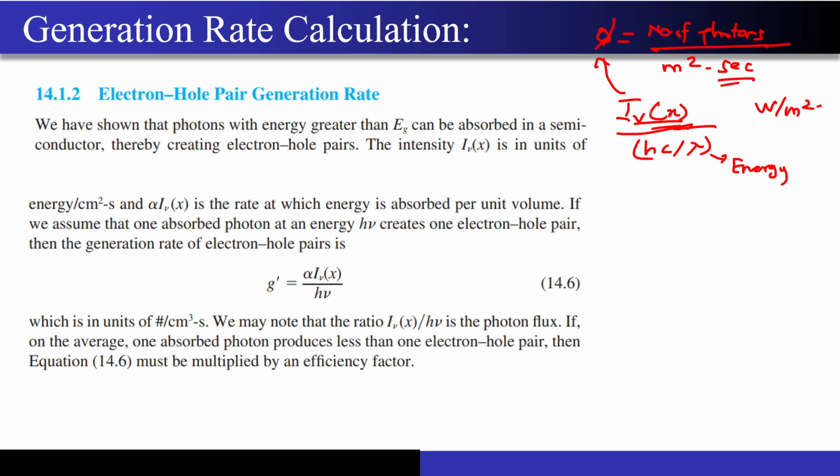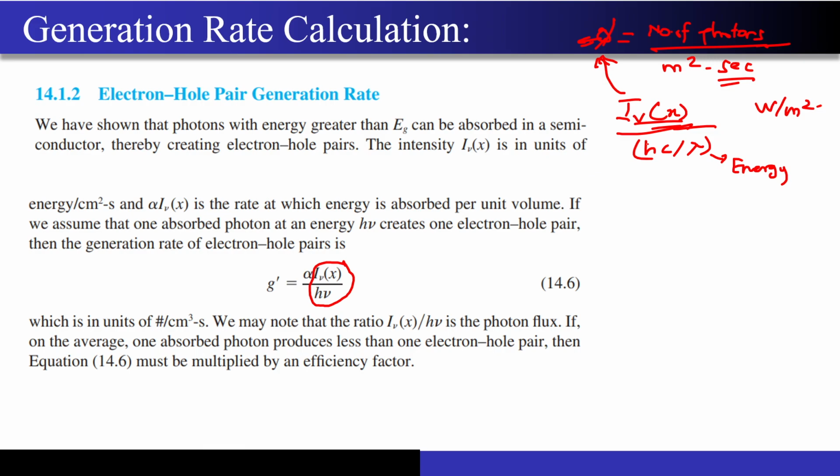So now once we got the number of photons, all of them are not going to get absorbed, correct? I have to include the absorption coefficient over here to tell that only these many photons are getting absorbed by the semiconductor material, and only those photons which are getting absorbed will be responsible for the generation of electron and hole pairs, correct?